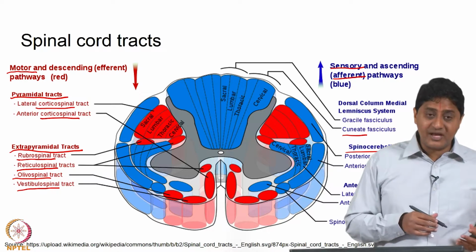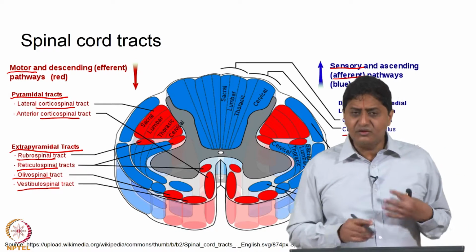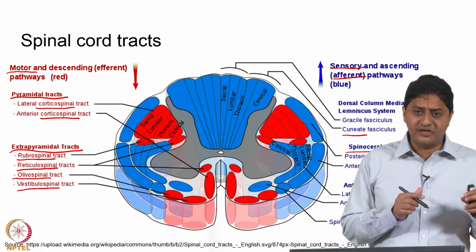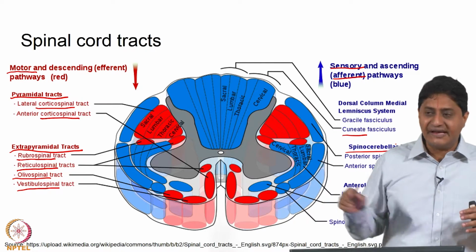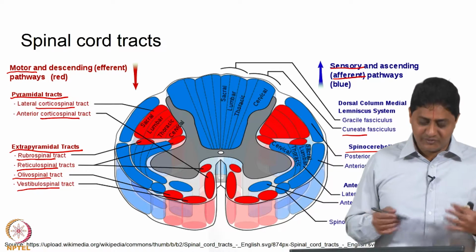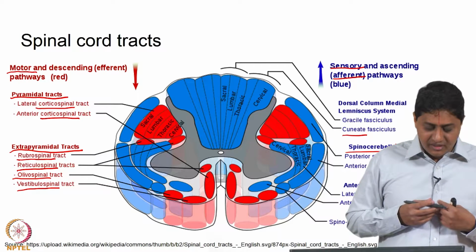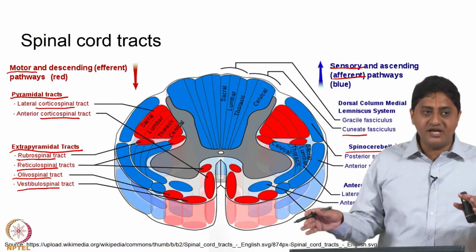So, it starts from the spine and ends in the cerebellum: spinocerebellar tract. Look at the naming convention. If it starts from a particular point, say the cortex, then the word will be cortico. If it ends in the spinal cord, then the second half of the word will be spinal. So, by reading the name corticospinal, I am able to say that cortex is the origin and spine is the